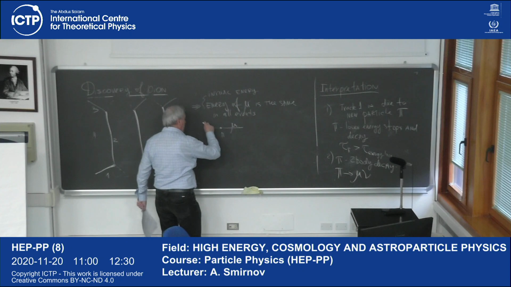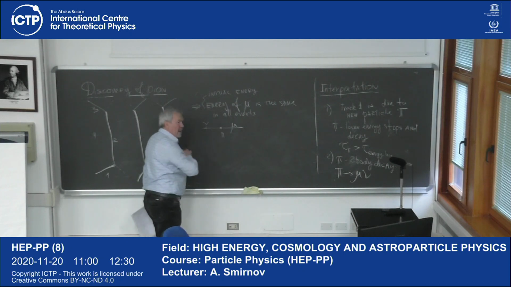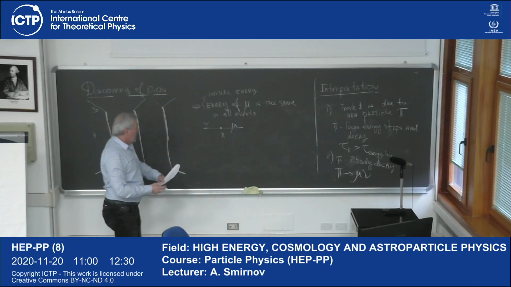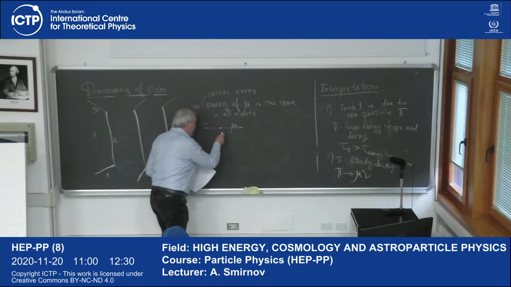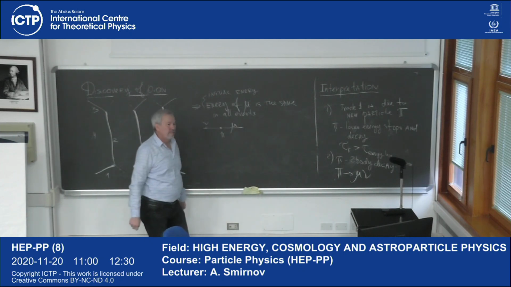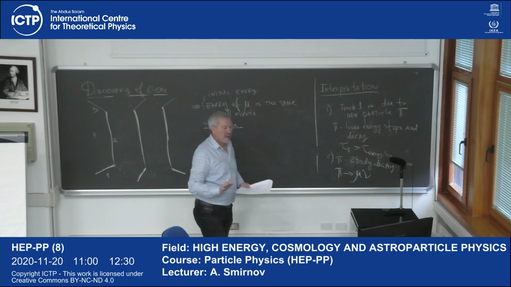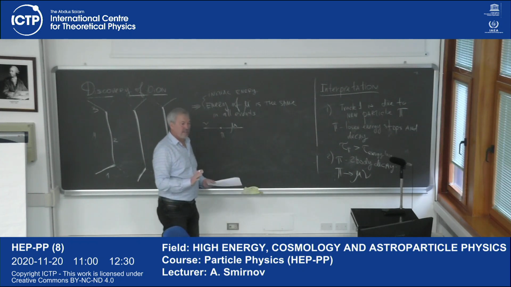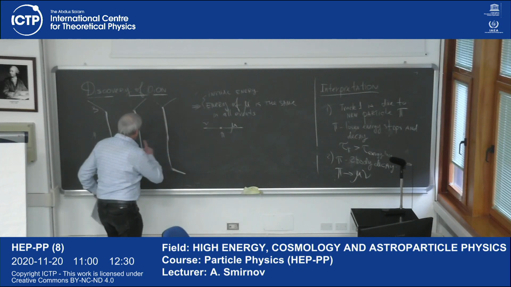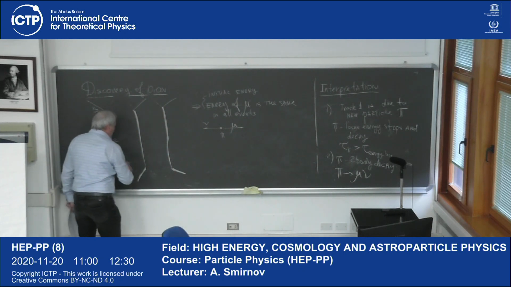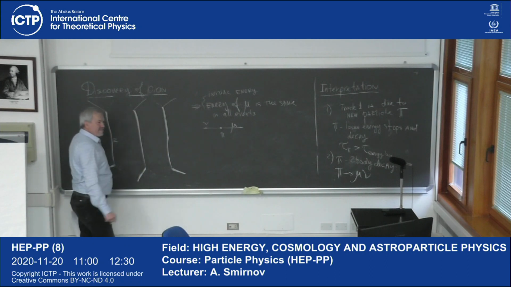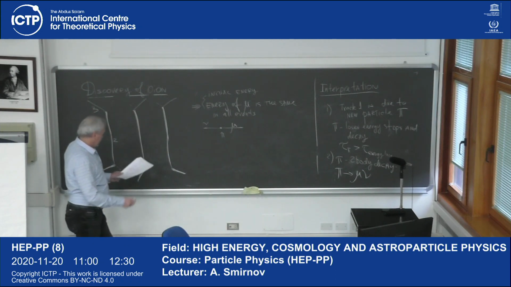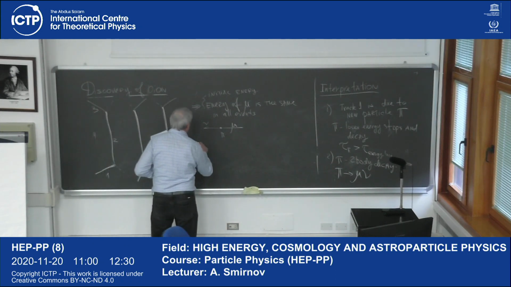We have muon and neutrino, and just from energy momentum conservation and knowing the mass of pion, you can find what should be the energy of muon. For two-body decay, energy momentum conservation determines the properties of final particles completely. So this means that initial energy of muons is the same. Next step,